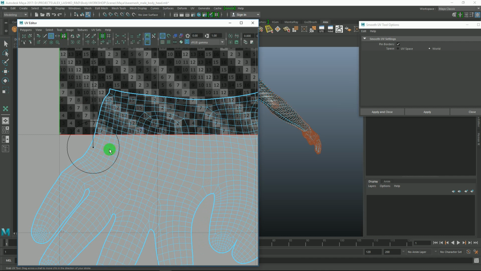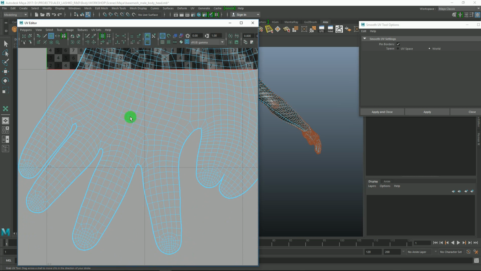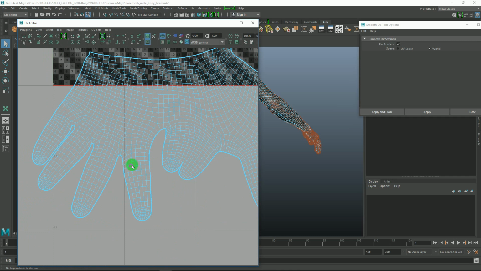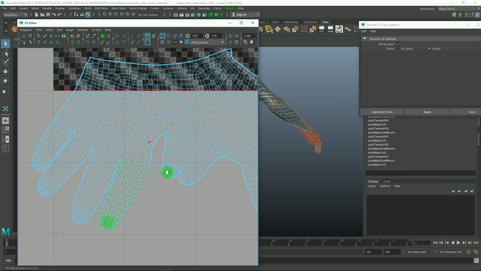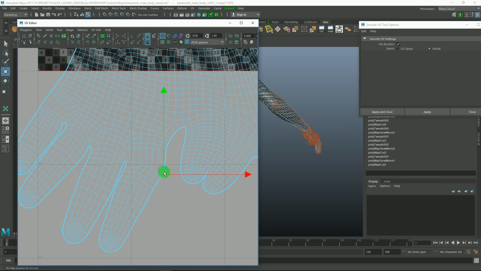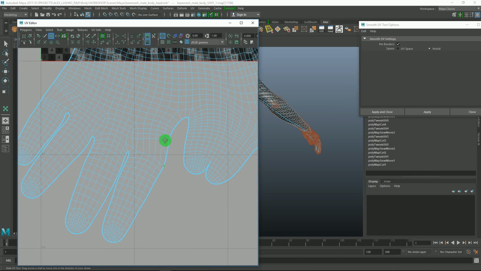It also gives you sort of like a brush, and you can do this. You can smooth them out, and you just take each individual finger, and in the same fashion you move them how you want them to appear on the UV map. So if there are some bits sticking out, you either move them like this manually, or use this tool,